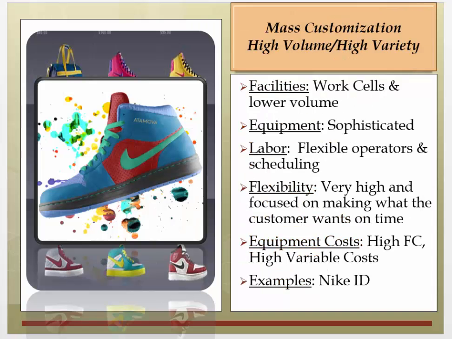And then the final one here is this mass customization. So this is like the Nike plant, where you can call up or go online, and you can order exactly what you want. And in our mass customization plants, facilities typically work in work cells, because they have to assemble all these sort of unique products. The equipment, of course, is very sophisticated, which makes it expensive. The variable costs are a little lower, but the fixed costs are quite high. The flexibility of the equipment is pretty high